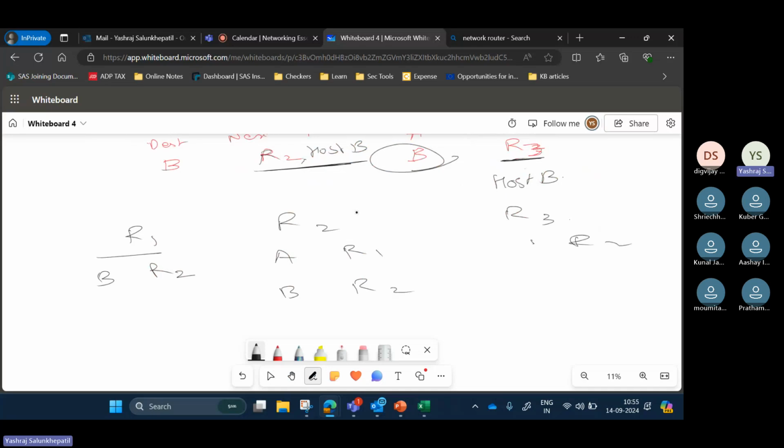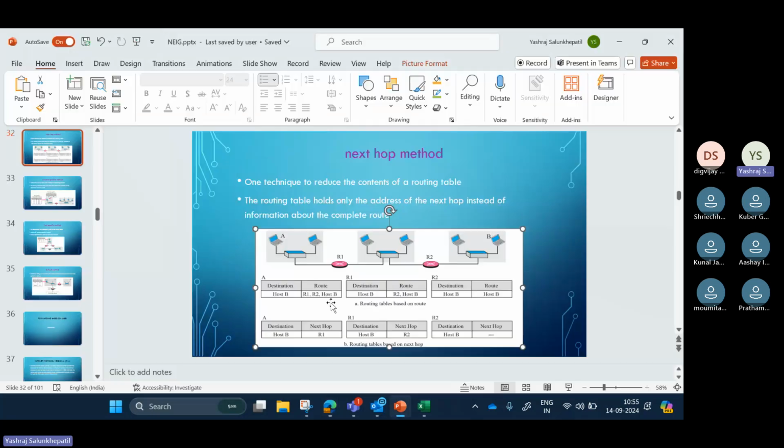ठीक है, इसमें let's say C वाला computer है. Okay. So focus on the B part, routing tables based on next hop. This second A. Okay, this is next hop R1, next hop R2, and then you come to the destination.